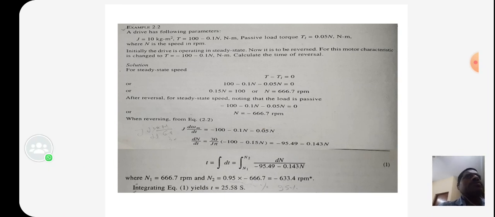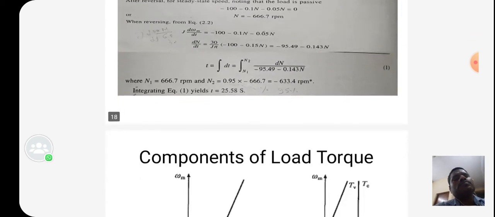So the time t is equal to the integration of dt, that is equal to the integration from n1 to n2 of dn upon minus 95.49 minus 0.143 n. We resolve it, where n1 is 666.7 rpm and n2 is minus 633.4 rpm. So we calculate that t is equal to 25.58 seconds. Now further we are